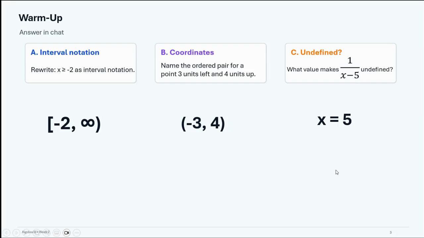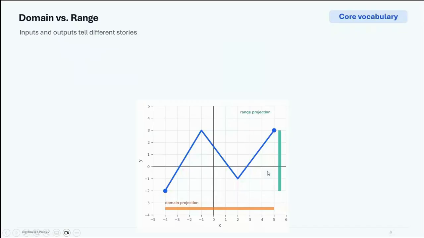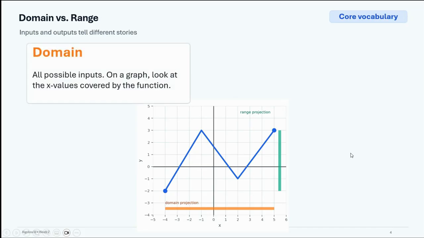All right, so that's our little warm up just to kind of see what's coming up. Let's talk about domain and range. Inputs and outputs tell different stories. The domain, the range, all this good stuff. So when we look at the graph and we say, okay, what is the domain? It's all the possible inputs,